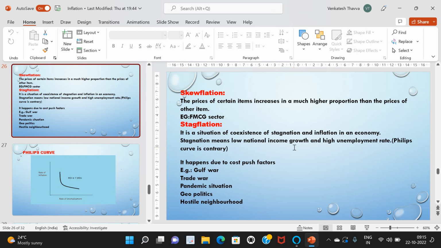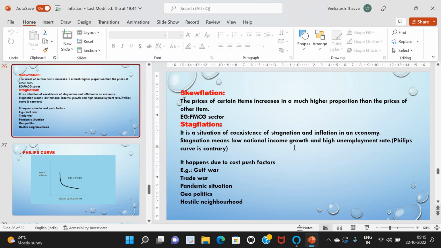Next, coming to stagflation. What is stagflation? It is a situation in an economy when inflation and unemployment are both at a higher level. When the economy is passing through the cycle of stagnation, that is a long period of low aggregate demand in relation to its productive capacity, and the government shuffles with economic policy, a sudden and temporary price rise is seen in some of the goods. Such inflation is also known as stagflation.